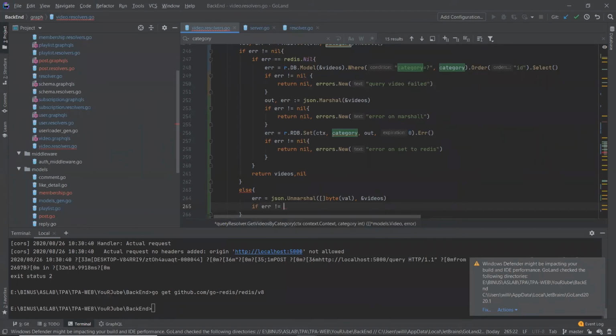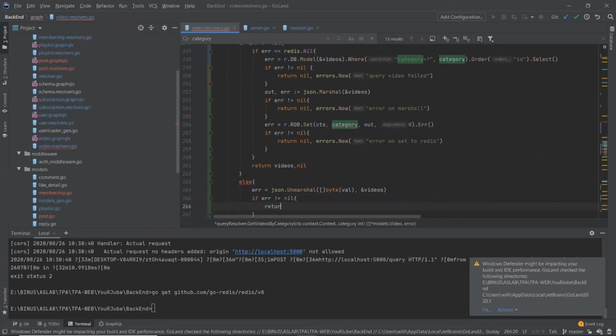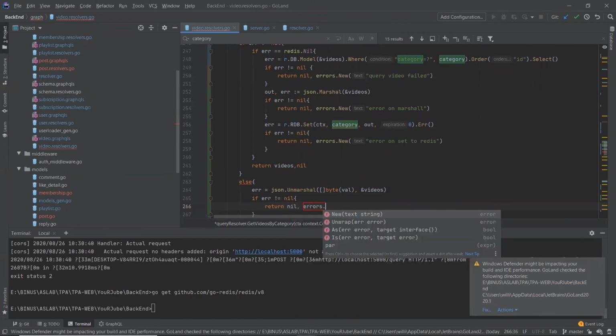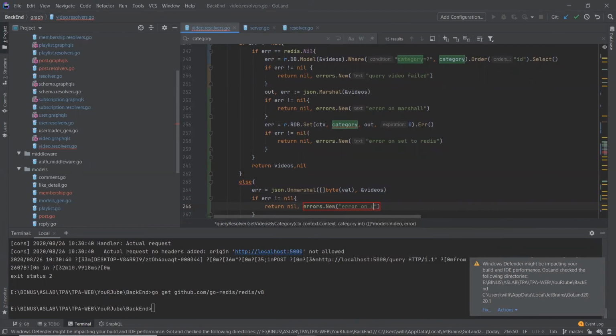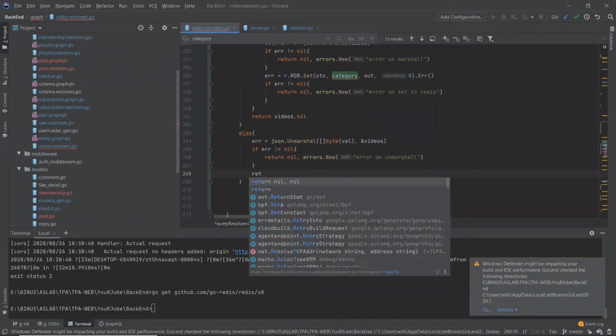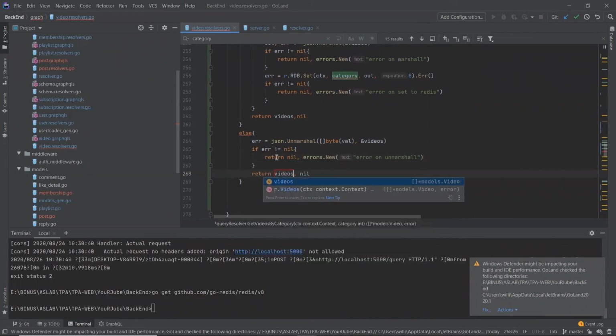If the error is not equal to nil, we need to return the error message called error on unmarshal. And then we just return the videos value if there are no errors, like that.